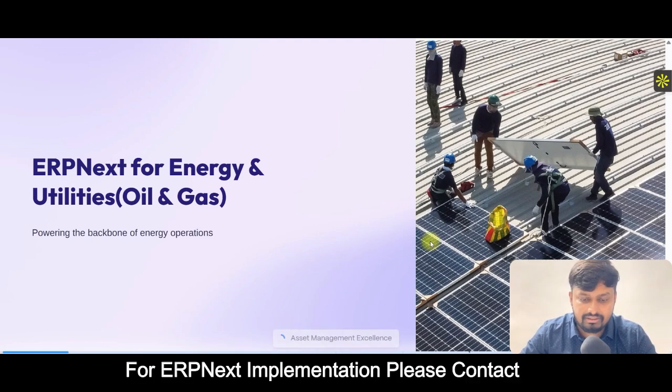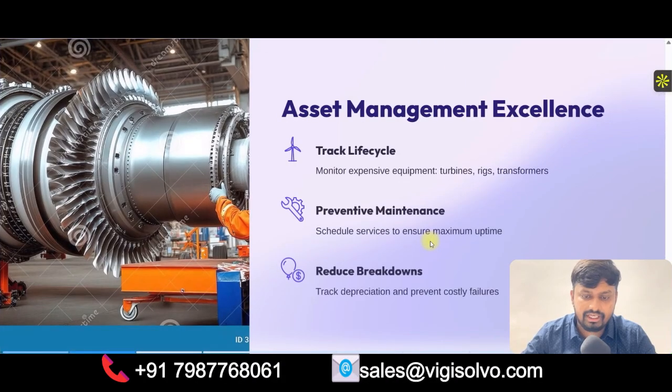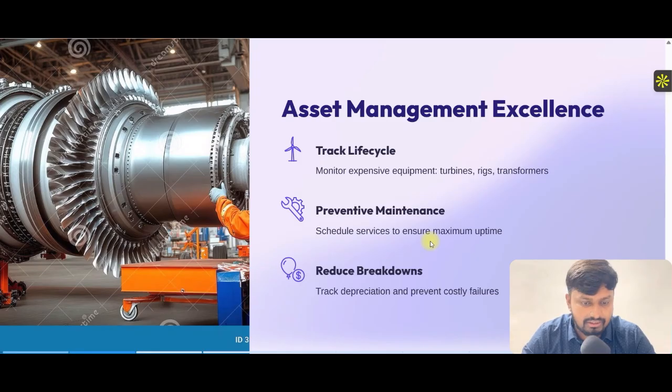To get started, the first thing which is very essential for any energy company is asset management and excellence. We often see that most of the time we buy a lot of very expensive equipment, a lot of expensive assets, and we are not able to track them and we are not able to maintain the assets properly. So ERPNext comes with very good asset management excellence, in which the first thing you can do